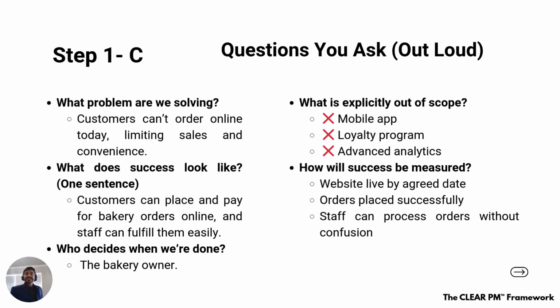Yeah. How will success be measured, right? Maybe website live by an agreed date. We will make that website live on a date that your bakery owner defines. Order placed successfully, and staff can process the order without confusion. So here again, the three elements: the payment, the staff operations, right, and the website. So this is the basic thing. These are the top 20% that we are looking for and need to think about,